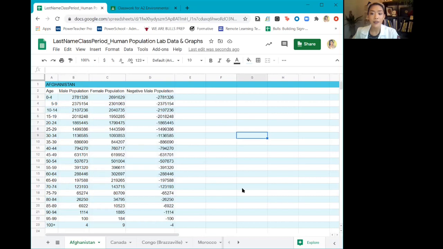Now we're going to be selecting 3 different columns in order to insert our age structure diagram. So what I'm going to do is click and drag. I'm going to click cell A2, and drag it all the way to cell A23. And once I have cells A2 through A23 selected, I'm going to hold down the control button on my keyboard